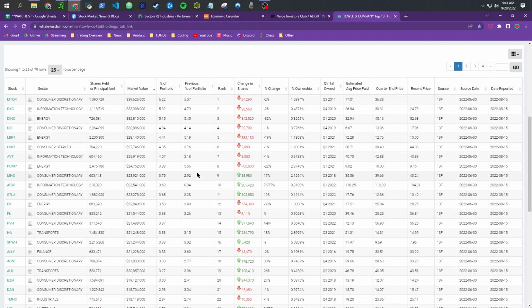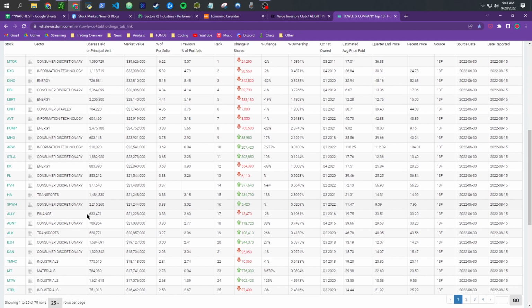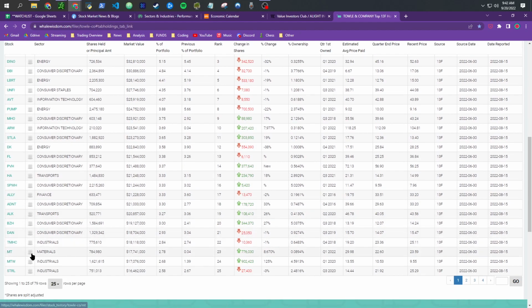But the ones that caught my eyes were ones that were trading well below book value, like MHO, MT down here. That's ArcelorMittal, a steel company, which typically I would not be looking at right now, but they're trading at something like a 0.35 price to tangible book value, which is crazy to me. Like, I need to check those numbers to make sure. So yeah, I'll still